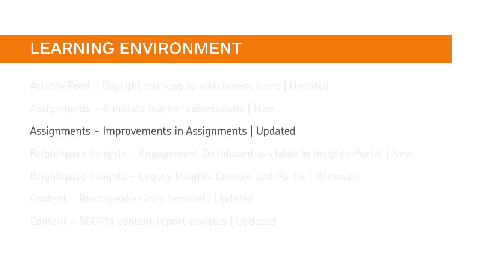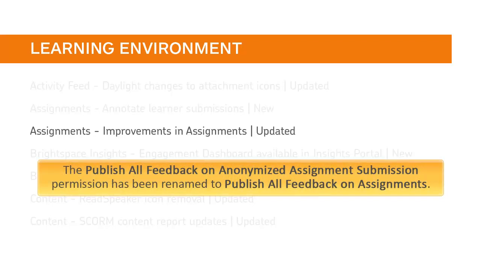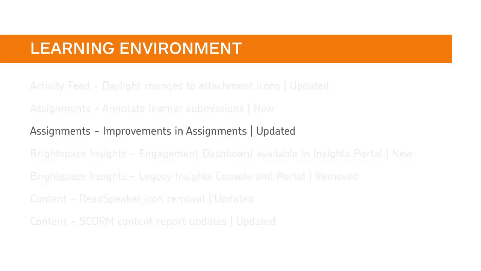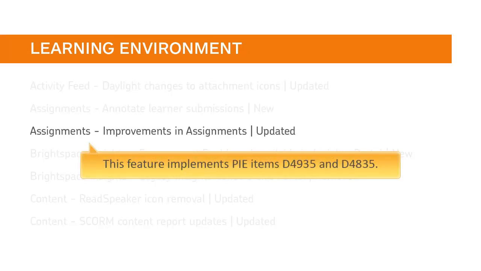Learners can now submit CS file types as an assignment submission. The Publish All feedback on anonymized assignment submission permission has been renamed to Publish All feedback on assignments. In assignments, the Publish All feedback on anonymized assignment submission button has been renamed Publish All feedback on assignments to align with the permission names. This feature implements PI items